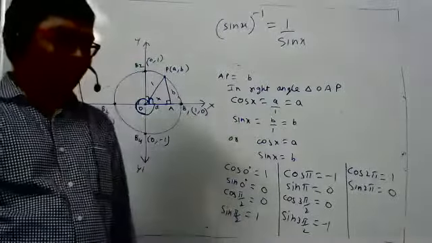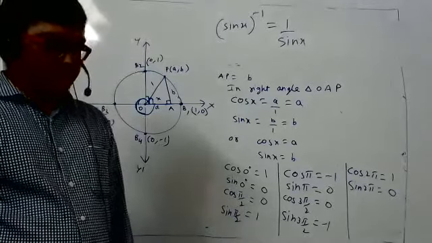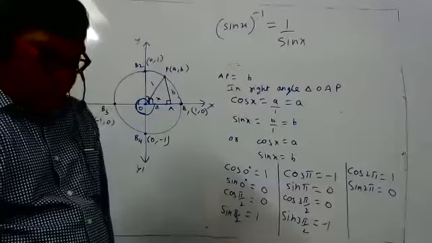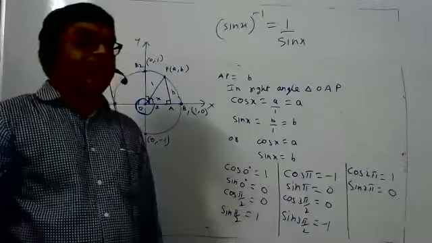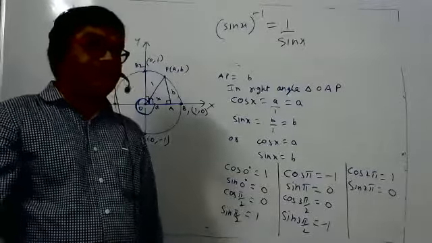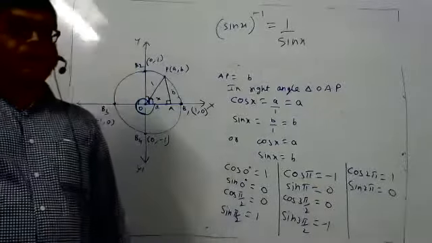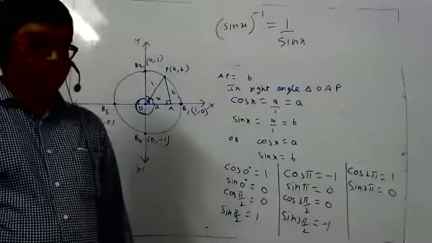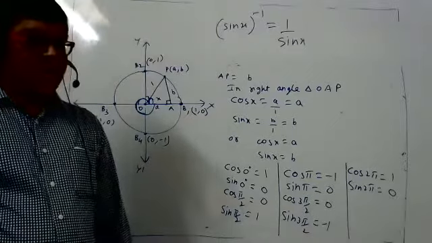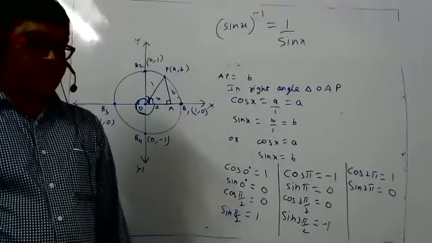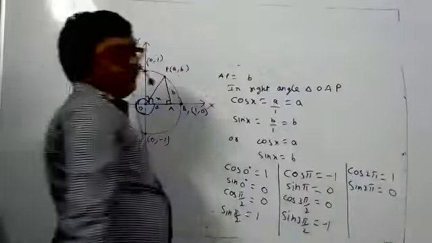Sir, I have a doubt. So whatever is written in the calculator, sine to the power -1, all those are inverse trigonometry, not power, no student. We do not say sine to power minus. We say sine inverse x, cos inverse x, tan inverse x. It is read that way. Power is not that way. So, sir, in the calculator, that sine to the power -1 is inverse sine. It is sine inverse. Okay, sir. I thought it is cosec. No, it is not power, not exponent, student.